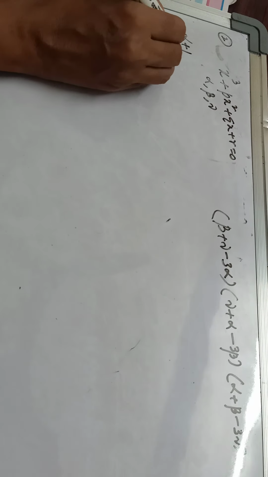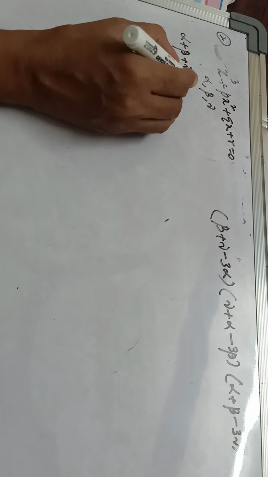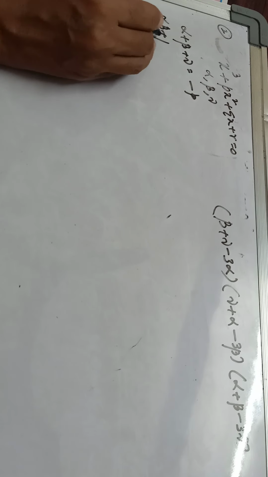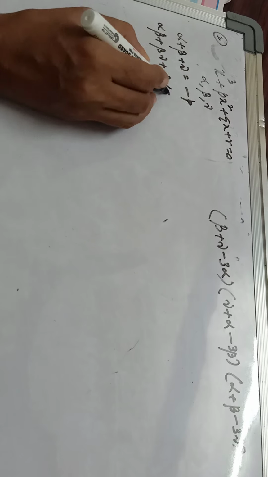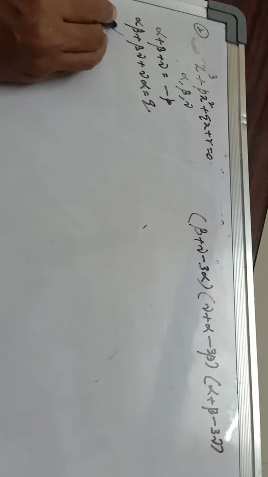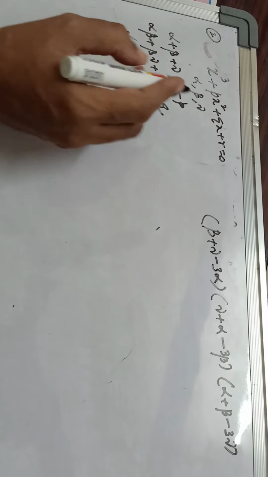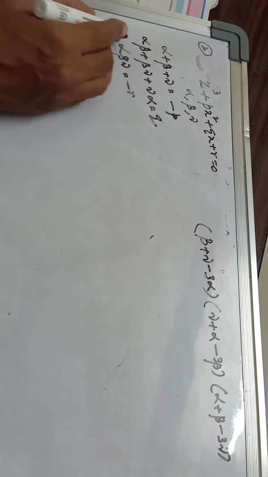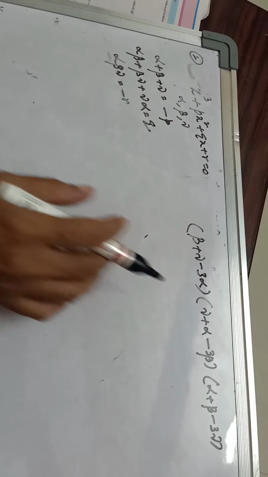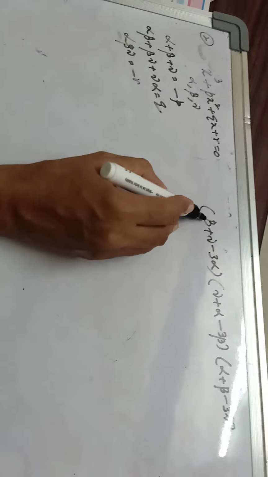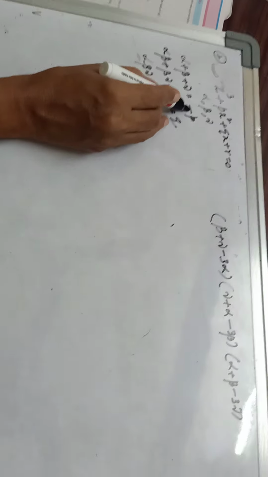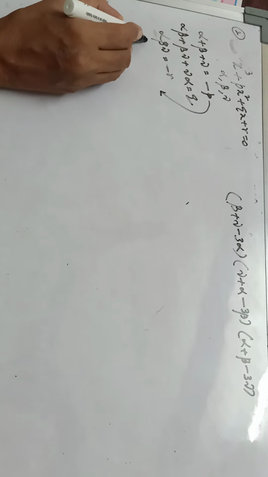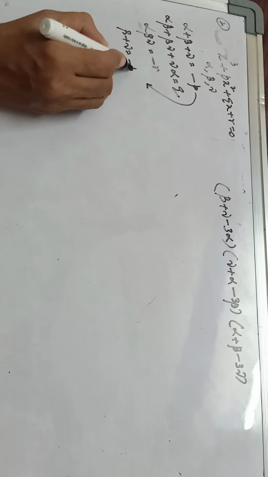Let us find the sum of the roots. S1 is minus p as in the earlier case. Now S2 is the sum of product of roots taken 2 at a time, this is just q. Now the product of roots S3, change its sign, minus r. Using these three values, you have to find the value of this. What is beta plus gamma from this? Minus p minus alpha. So from this, beta plus gamma is minus p minus alpha.